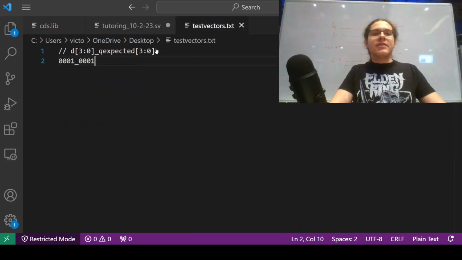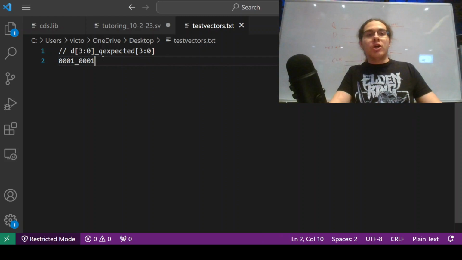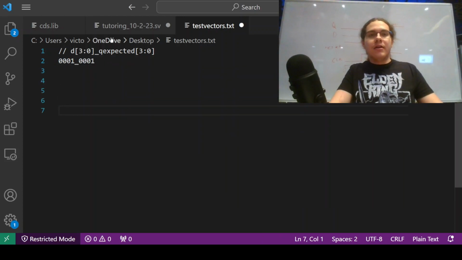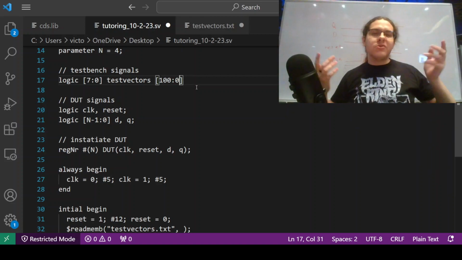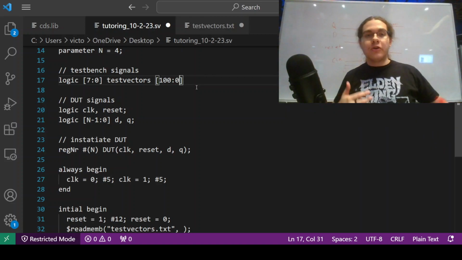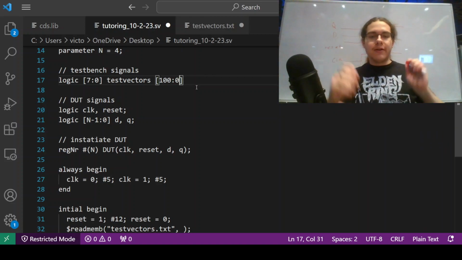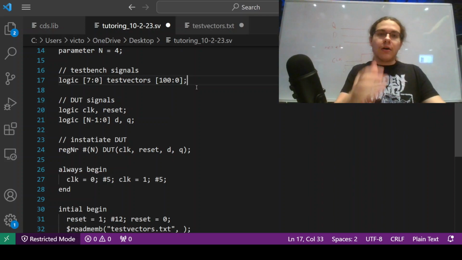But it's not just a single line, even though that's what I have written here. It could be many, many, many lines. So you're going to make this an array of 8-bit rows. So you would specify something like this. Say we had 100 entries, or in this case 101 entries. We would say, okay, we have 100:0 entries in our test vector